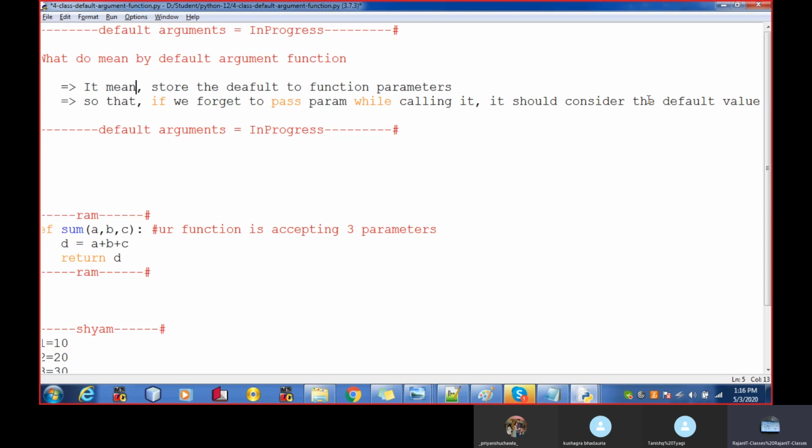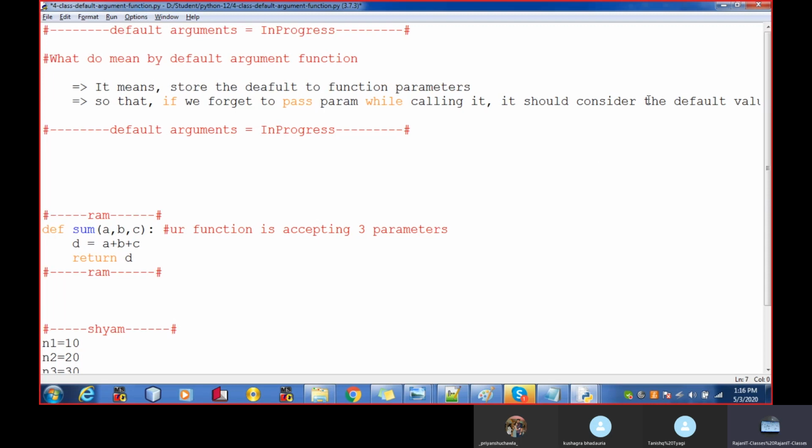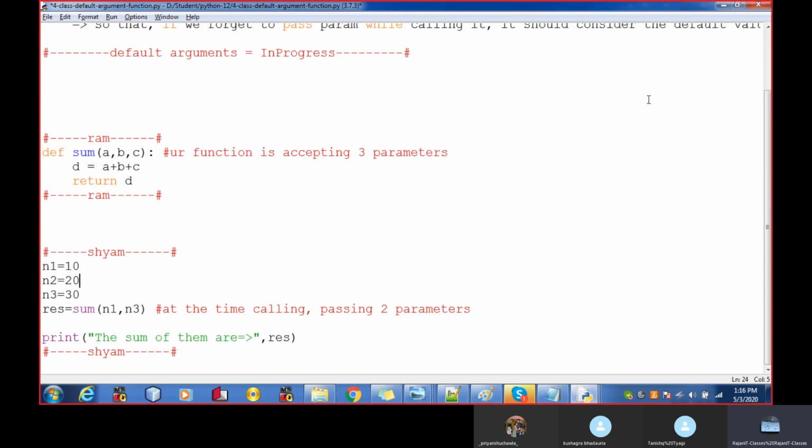Here I have forgotten to pass the value to C. Now I want C to hold some default value so that it doesn't throw an error and takes the default value as the third parameter.